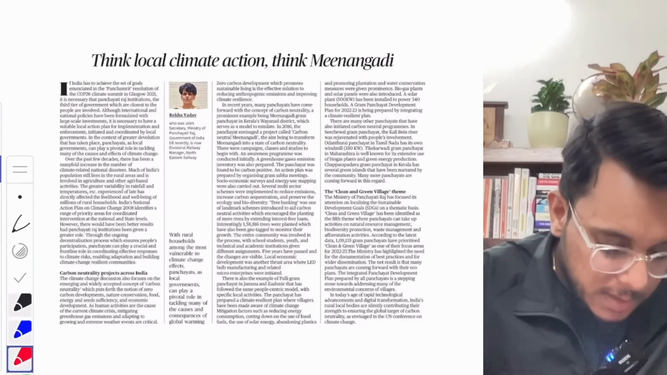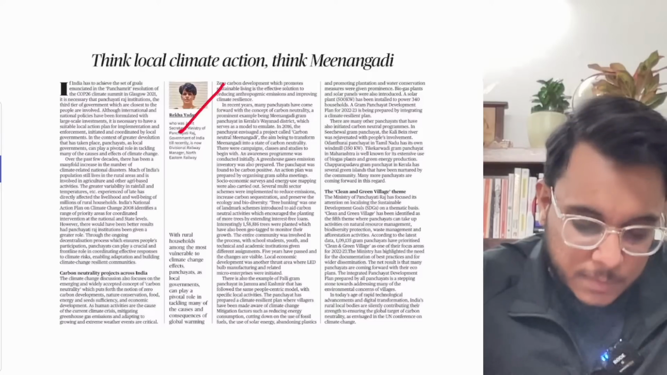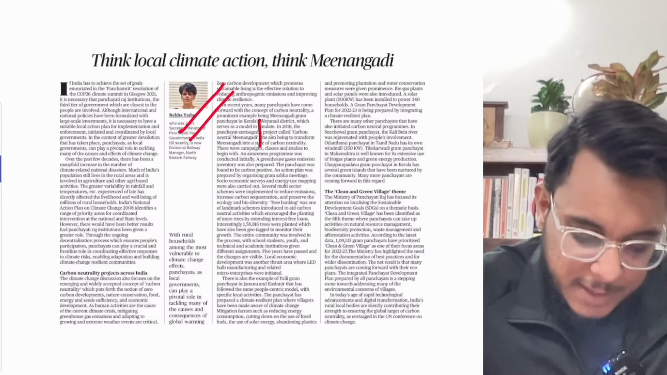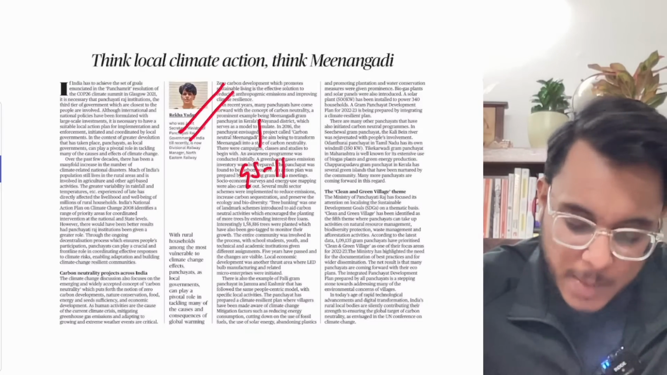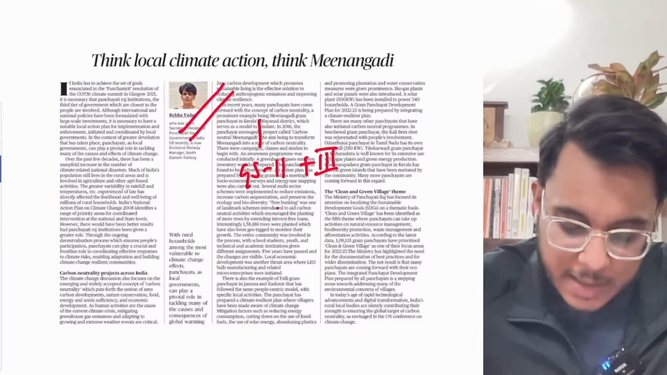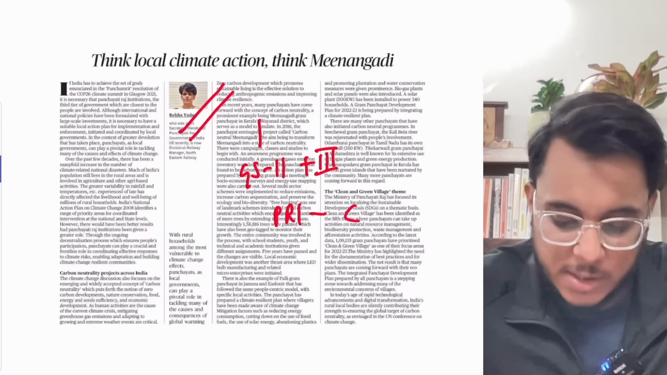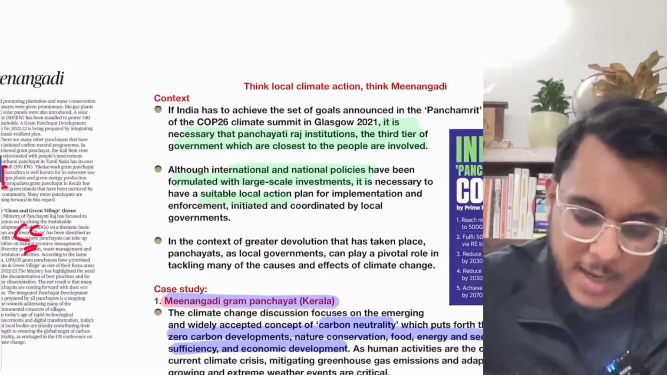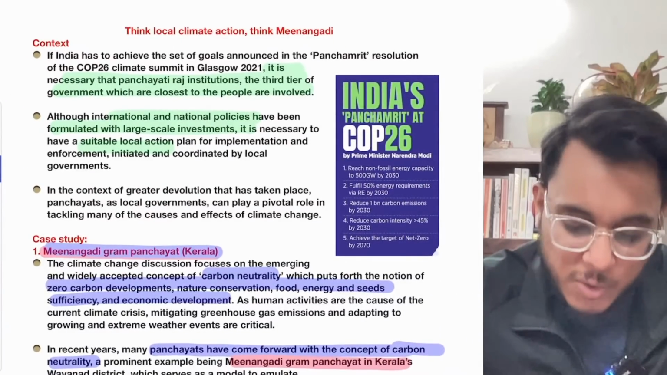Now this particular article we'll see with respect to GS paper number 2 as well as GS paper number 3, the role of Panchayati Raj institutions in climate change. A very fresh perspective has been given. Now you see,